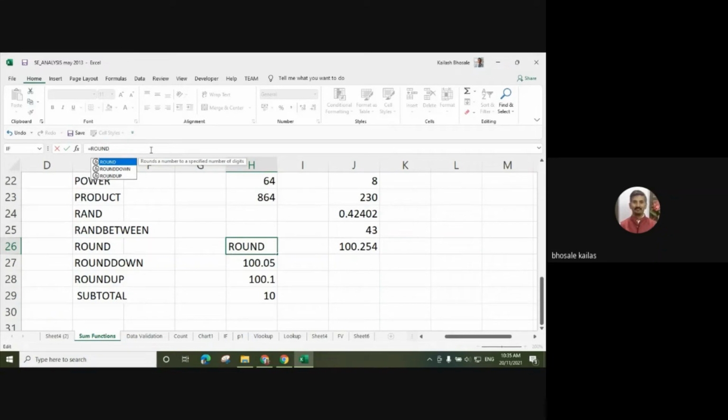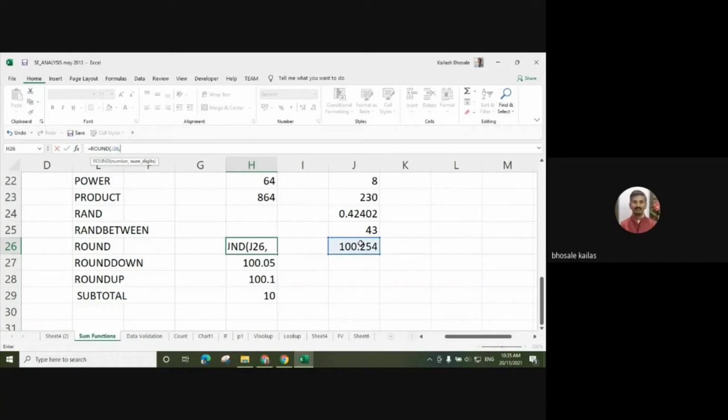So this will be useful in the second semester for numerical methods. There can be a number having many digits after the decimal point, so you can use this function to round it off after the fraction. Suppose this is the number.